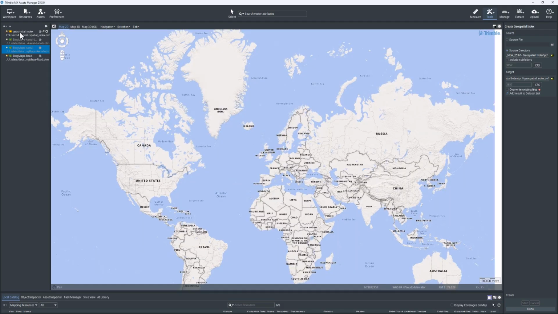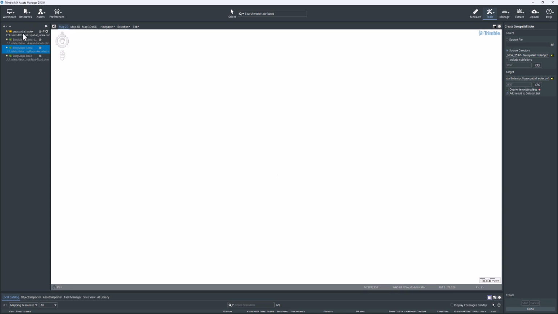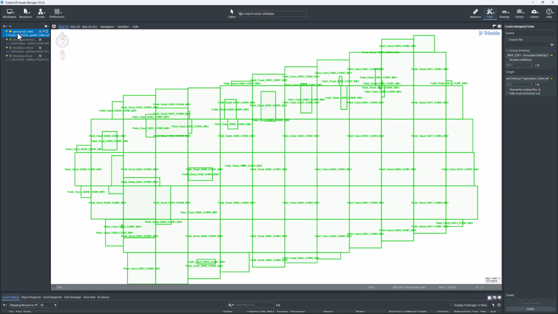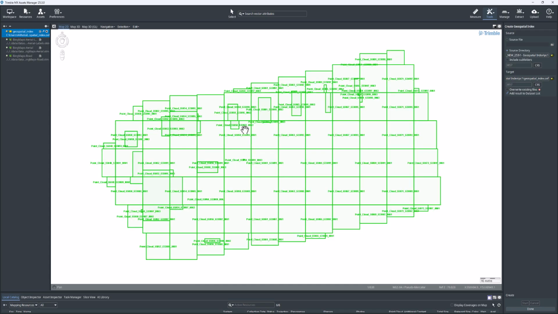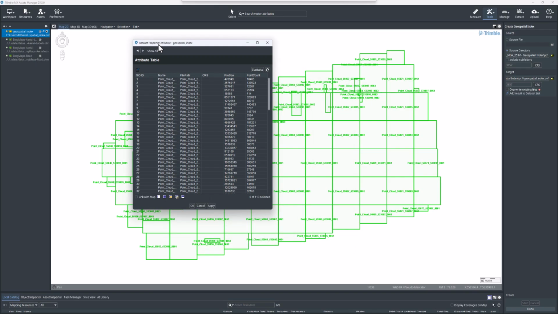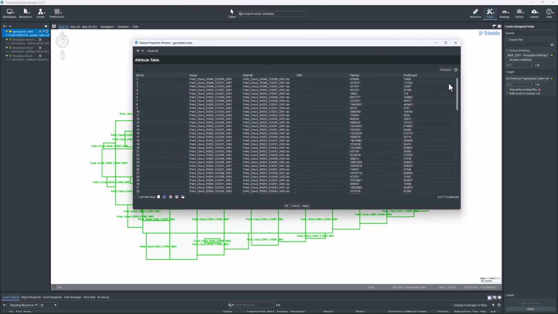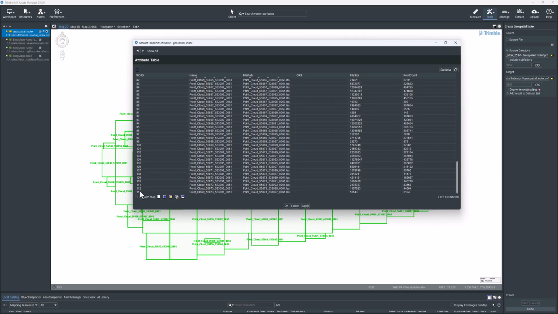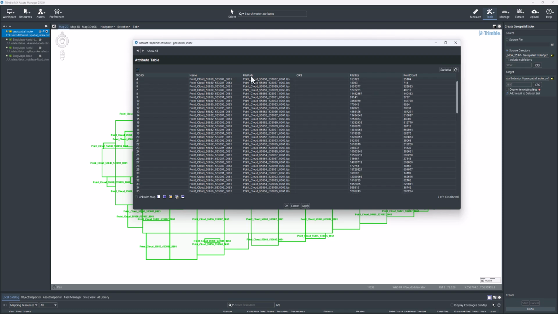If you double click on it, you will be zoomed to the extent of the layer, and you can see the individual bounds of all the input LAS files. Inside the attribute table, you will find 113 files with file paths to individual LAS files, and